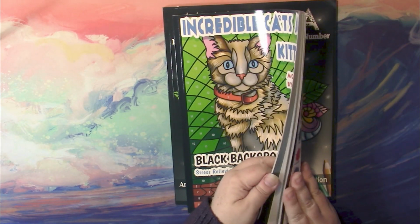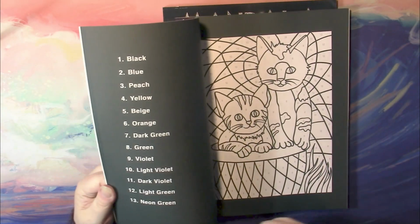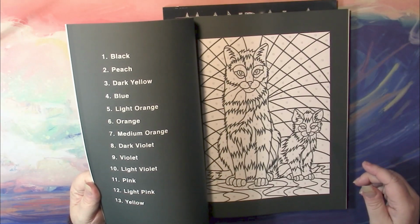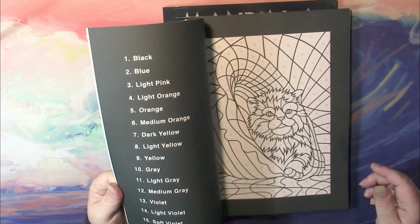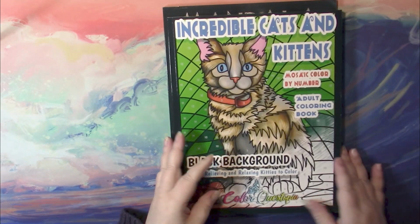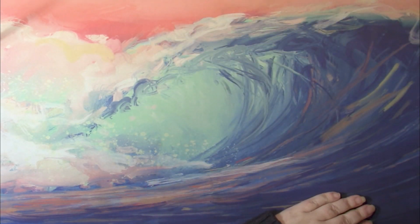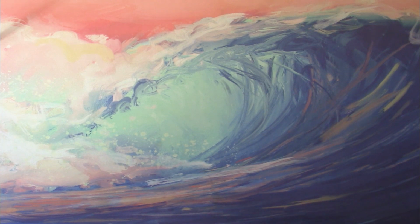Some I do though. So this is Cats and Kittens, and this has the old color palette on it, which is very simple. So yeah, nice. And finally, the last book that I got was from a third-party seller, and, my foot is stuck in wires, and